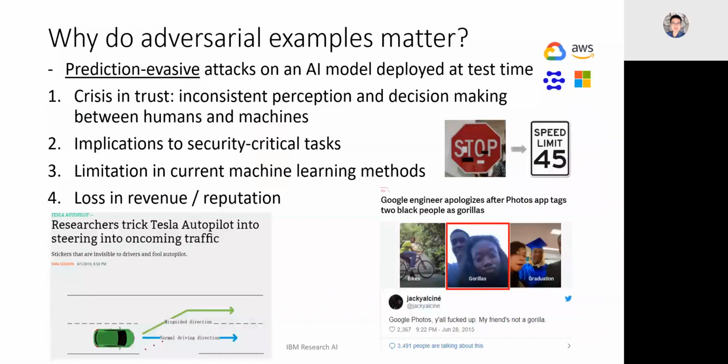any time. So why do we care about these adversarial examples? There are several reasons we have to deal with it carefully. The first thing is there is a crisis in trust. The general audience seems to be very concerned about any inconsistent decision making by AI and machine learning models. A typical example is, is it possible to manipulate a stop sign by adding some adversarial stickers, such that your autonomous driving car, when it sees this perturbed stop sign, will think it's a speed limit, and hence it wouldn't stop, causing some security-related